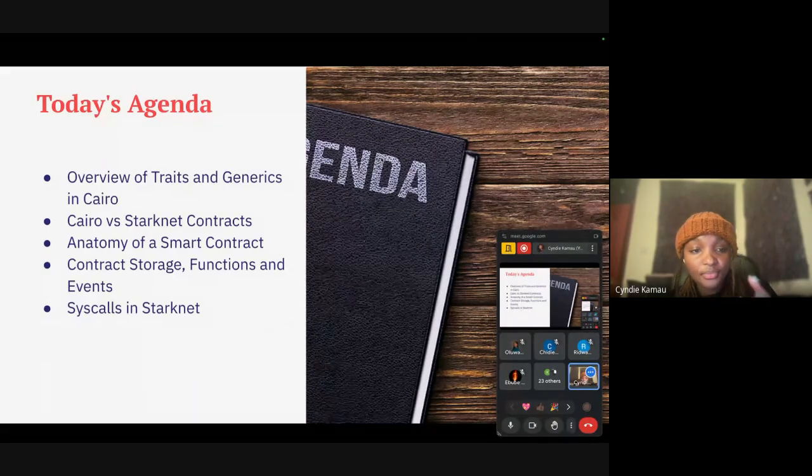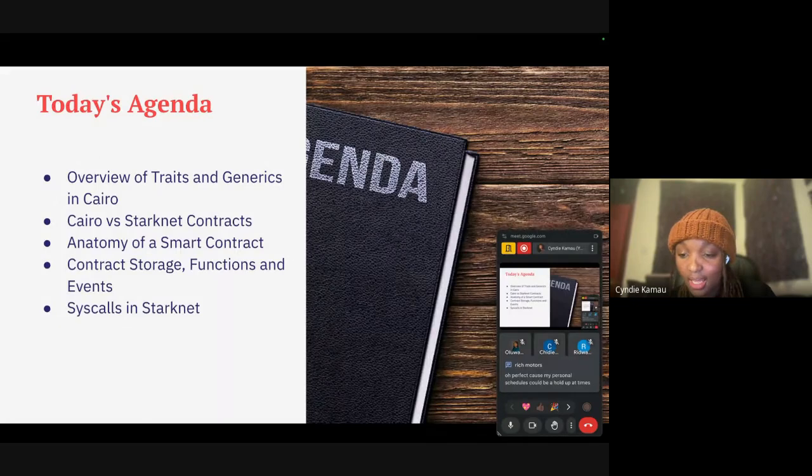Like I was saying, we first go through traits and generics, and also we're going to go through the differences between Cairo and Starknet smart contracts, since there's a difference. Last week, Olu taught us an introduction to Cairo.